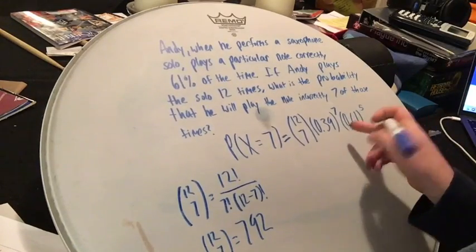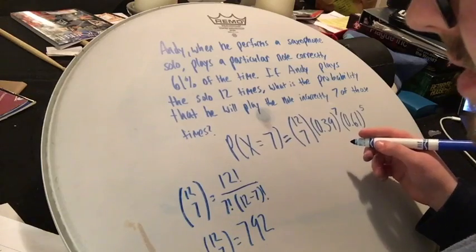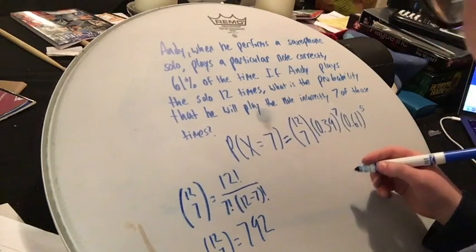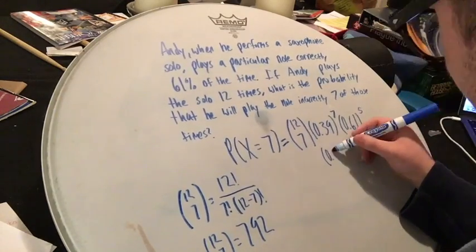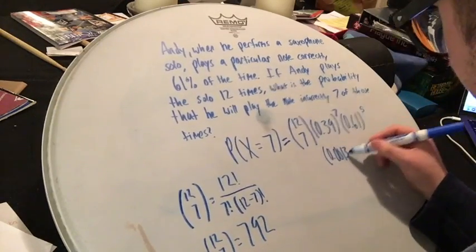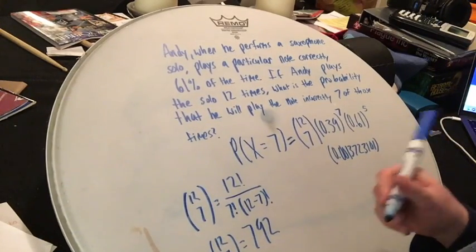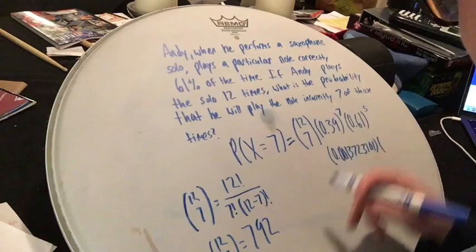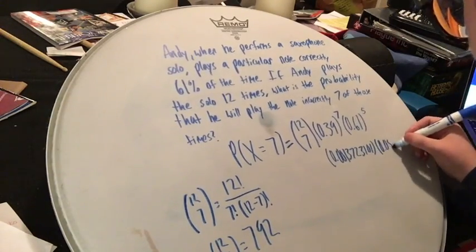And then let's just work out these exponents. We've got 0.39 to the 7th power. If you take out your calculator, you'll find that it's a pretty small number. It's 0.00013723101. I'm writing it down so you can see it. You're going to want to store that in your calculator. Then 0.61 to the 5th power. When you calculate that with your calculator, you get